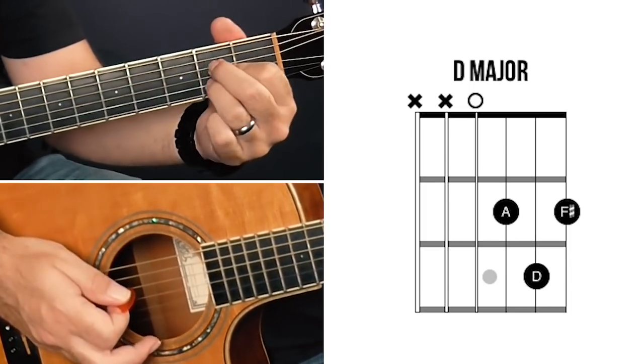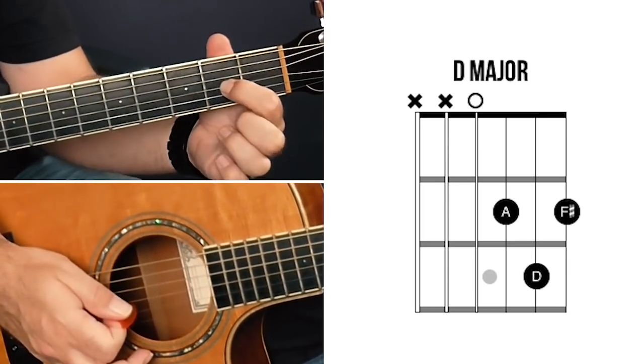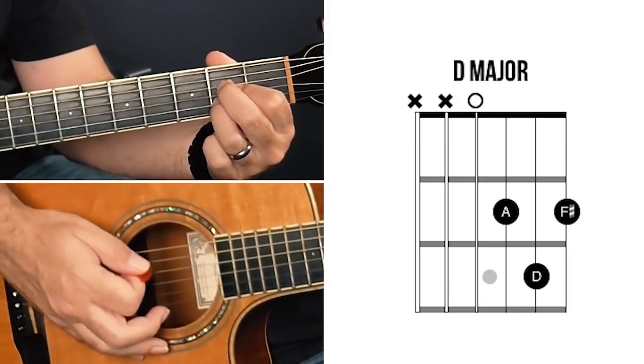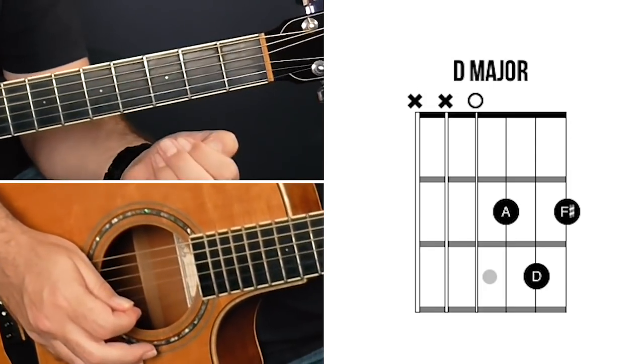You see that? So A to D. So this finger actually stays there. That's a bit of a trick in order to change chords quickly. The second reason I like this is because of the way that I'm